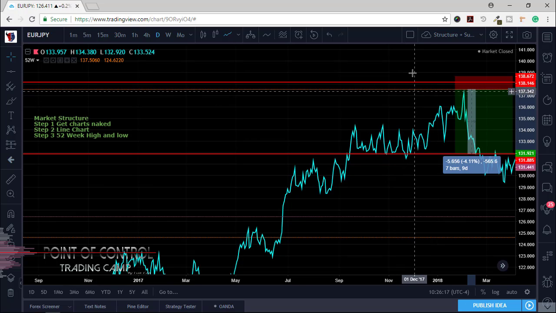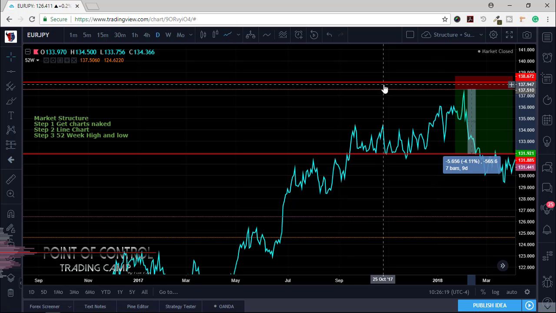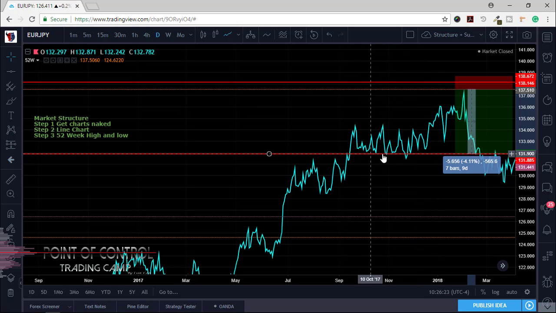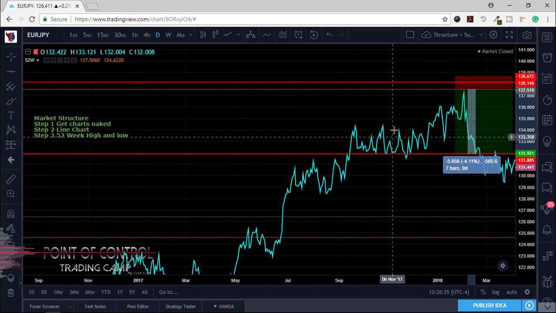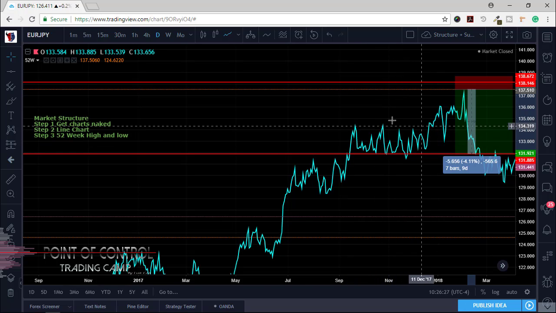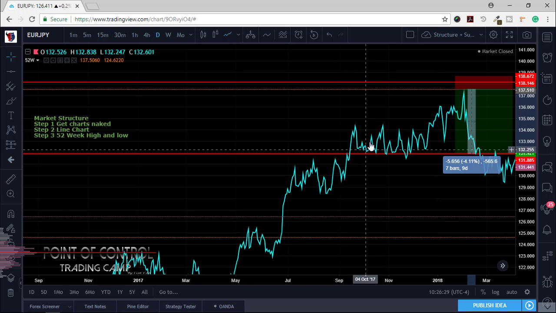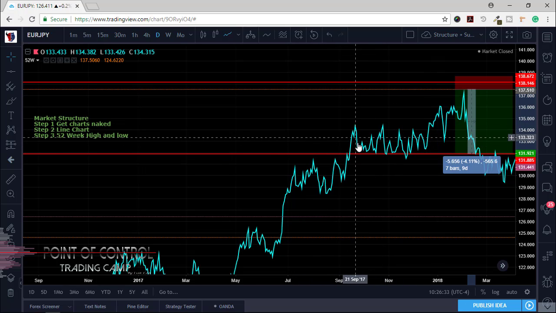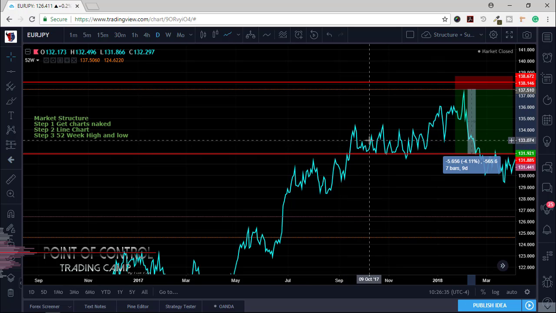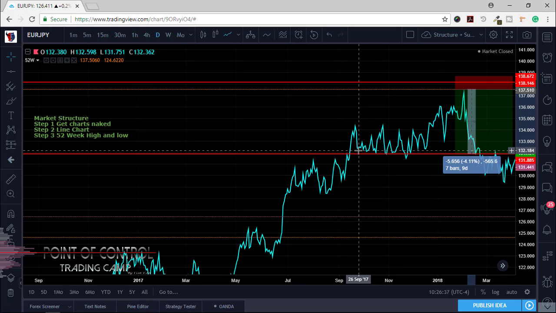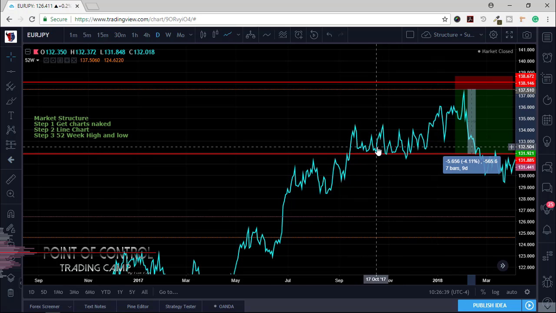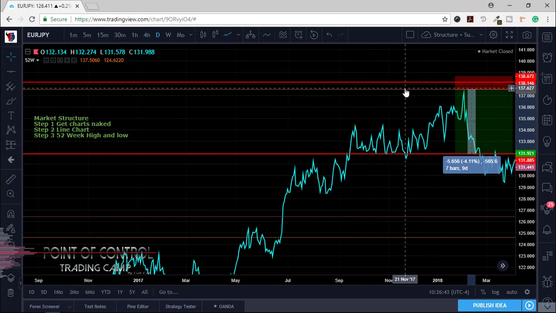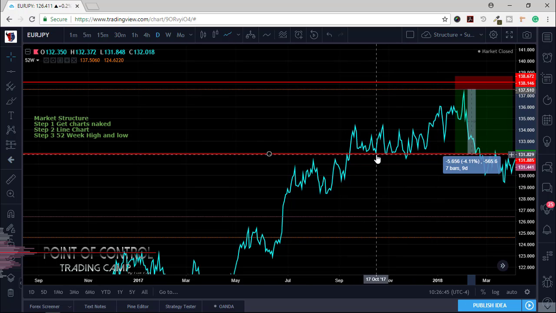And when you understand market structure, you know that's support and resistance. You want to look for this type of support. Look how many times this thing bounced. Now, in the next video, we're going to talk more in detail about support and resistance, supply and demand. But you know, the best time to trade a support or resistance, or in this case, a 52-week high, is the first, second, and maybe third time it touches it.